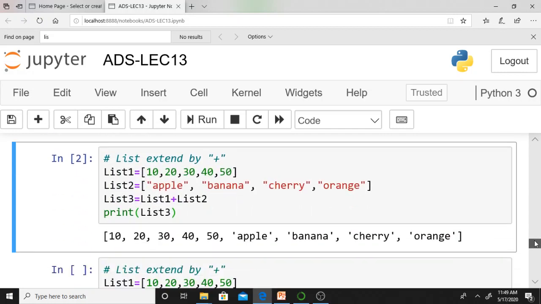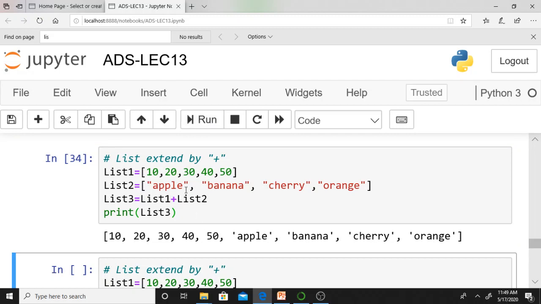Anybody can understand this. Anyway, plus means what? Concatenation operator. It will concatenate things. Just see, list 1 is 10 to 50, and list 2 is apple to orange. I am appending those two lists and displaying the elements. Nothing more than that, isn't it?